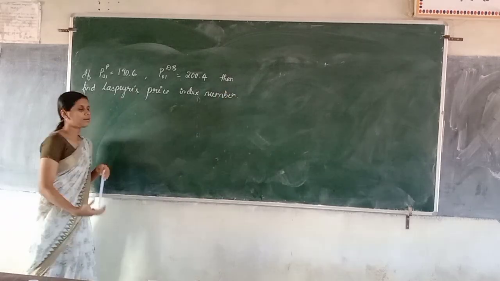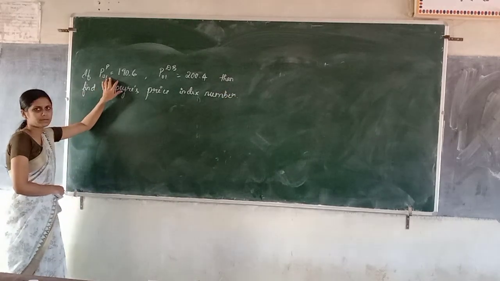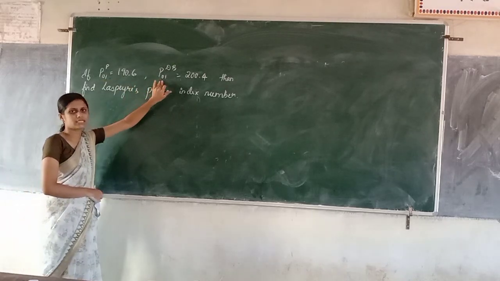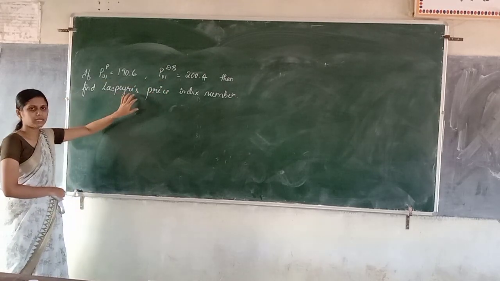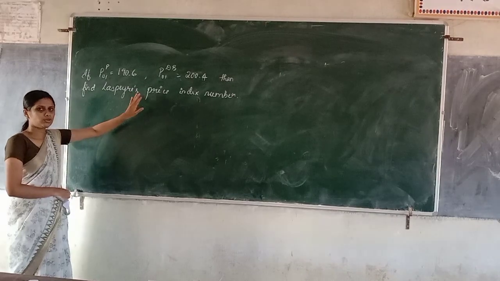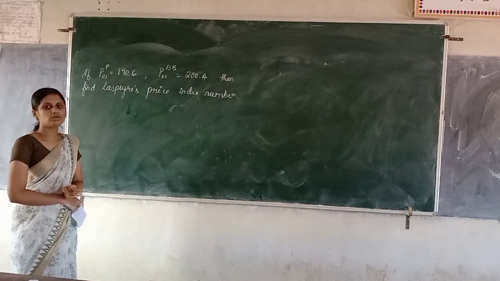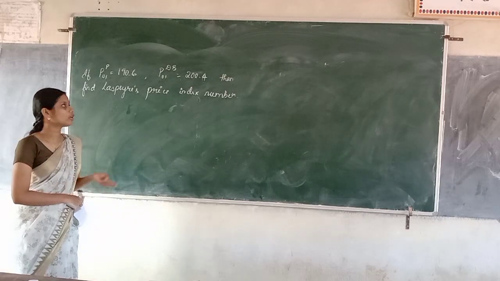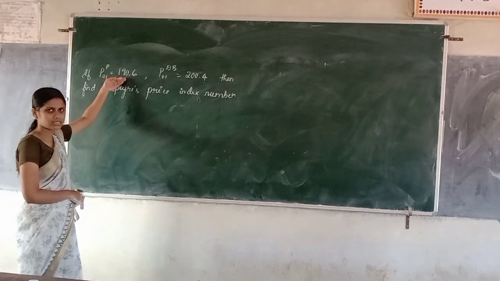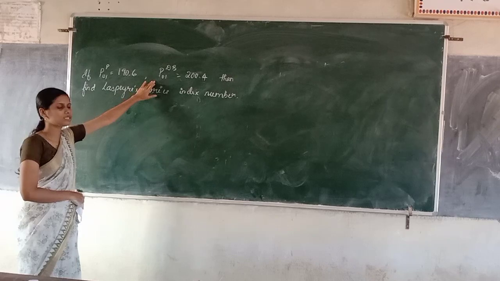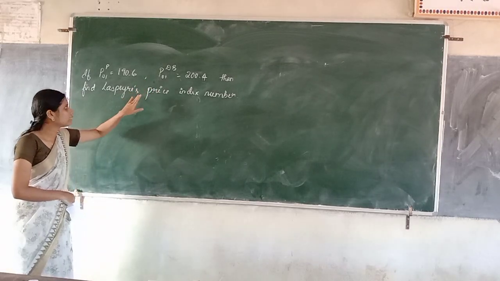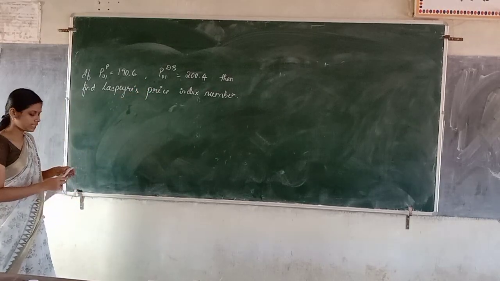So here we are provided with the information of past year's price index number and Darvish-Wallace index number, and we are asked to calculate last year's price index number. You know that in Darvish-Wallace price index number, we calculate the arithmetic mean of last year's and past year's price index number. So with the help of the Darvish-Wallace price index number formula, we can calculate last year's price index number.